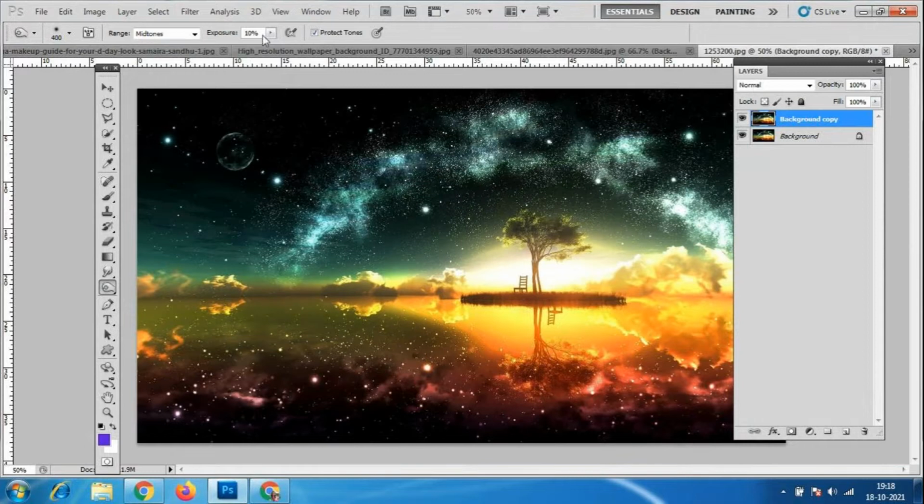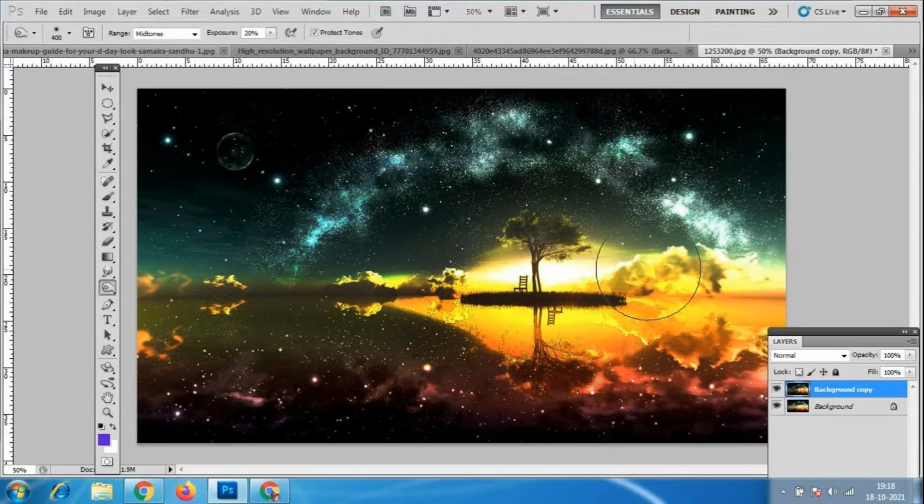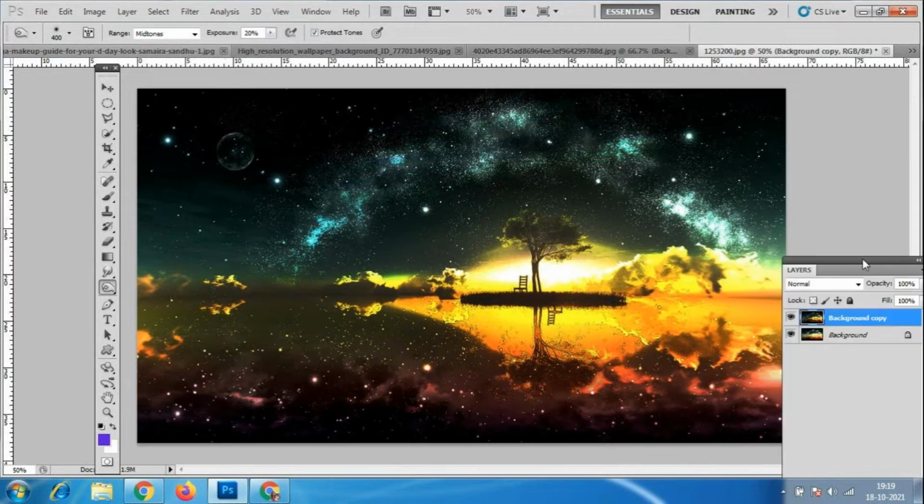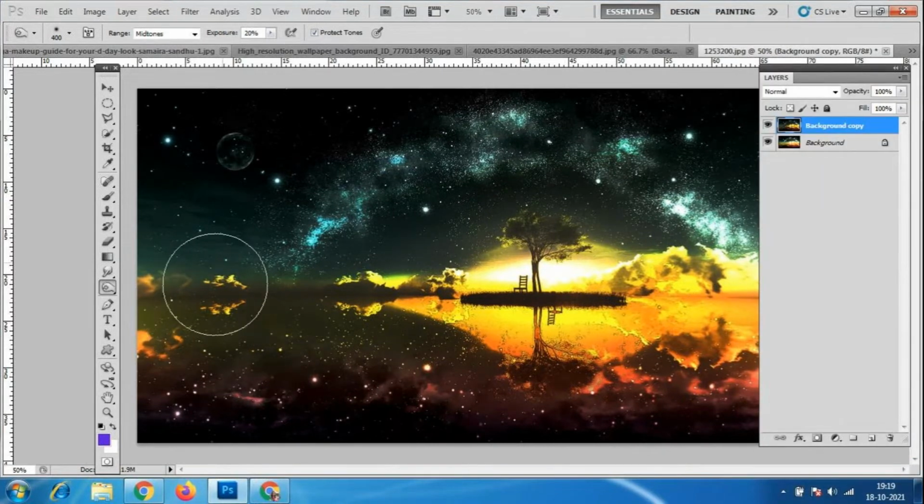If we give the exposure 20%, 30% like this, then it will come more dark. So like this, the complete file will change, and it will give us a different look, the reflection, everything. Any image you want to make bright or dark, you can use this tool.